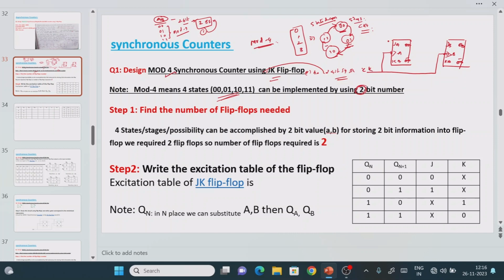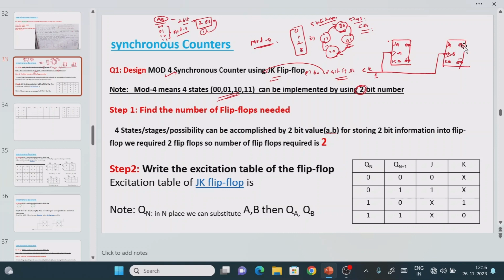So what do you mean by this one is, the moment you apply the clock pulse value 1 here, automatically flip-flop 1 will be enabled, and flip-flop 2 also will be enabled. So it means that you will be getting the up-counting value 00, 01, 10, 11, right? The common clock pulse is applied, so at the same time flip-flop 1 will produce output, and at the same time flip-flop 2 also will produce the output value.